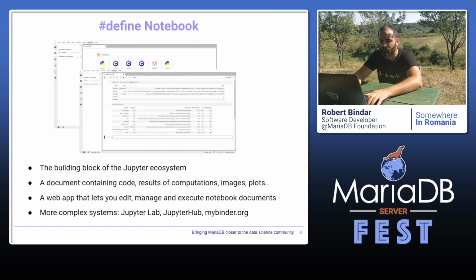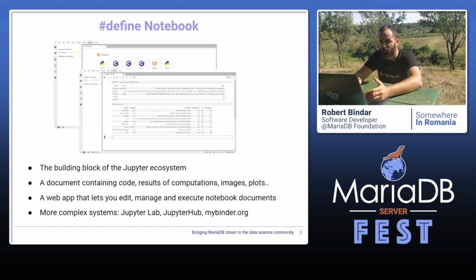The most popular product of Project Jupyter is the notebook. It is a quite complex JSON document which contains code, results of execution, images, and other media. The notebook is the building block for every Jupyter product. Everything else is built on top of this concept. The capital N Notebook is a client-server web application. This app knows how to render the notebook documents. It's the editor where you can write your code, execute it, and get the results instantly.